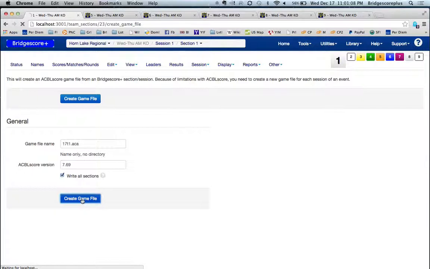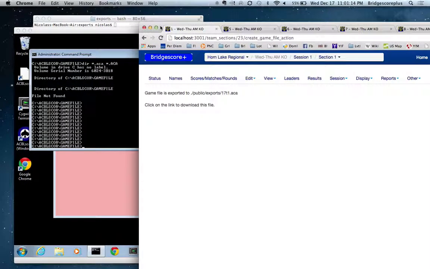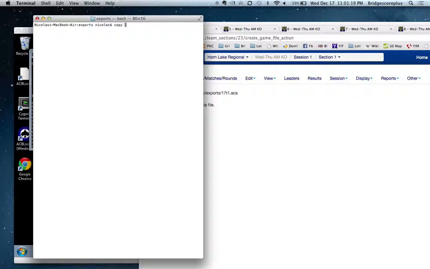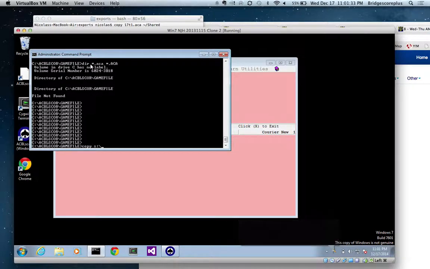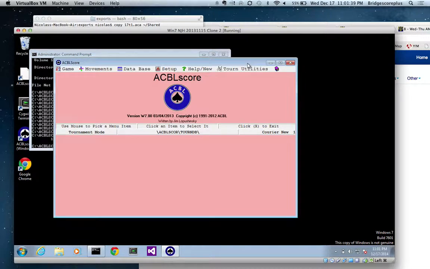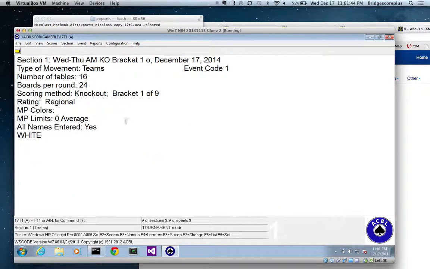The reason this is useful is if we use Bridgescore Plus for nothing else than data entry and creating game files, I now have to copy this game file to a folder that I share with my version of Windows 7, and I copy that from the shared folder into my game file. So I can now go to ACBLscore and I can import this game file, and I've got my 9 brackets,